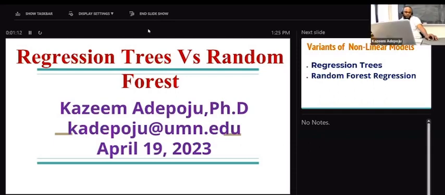We want to welcome you to another exciting statistical topic. Of course, this particular topic can also be found in machine learning. It's one of the machine learning algorithms. Today's topic is regression trees versus random forest. Of course, the other time we started